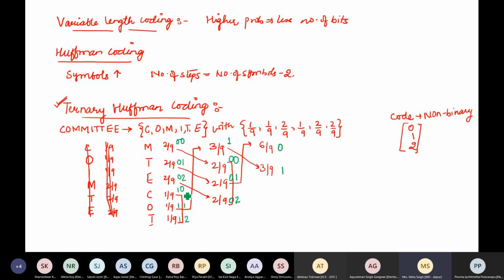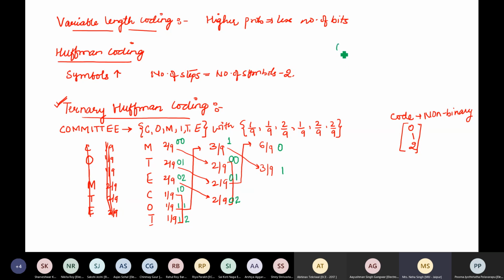Okay, but the case is that I have three values for each bit, 0, 1 and 2, but the number of steps is reduced. So this is useful when I have a larger number of symbols. The decoding still remains in the same way as we did for normal Huffman coding,